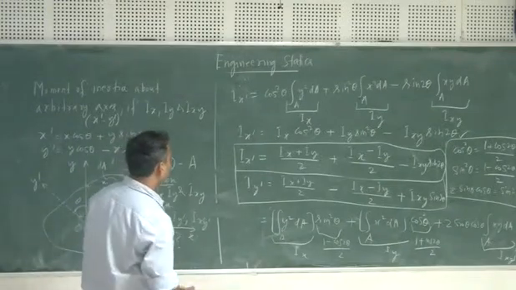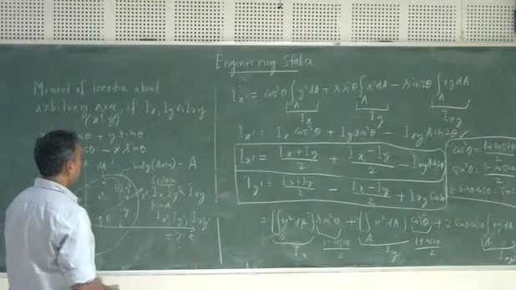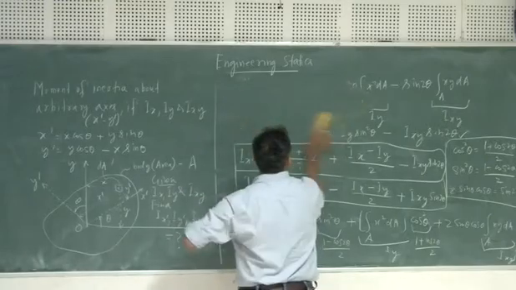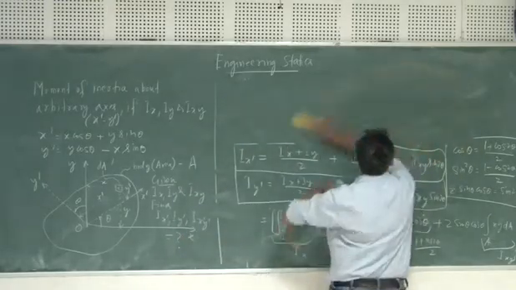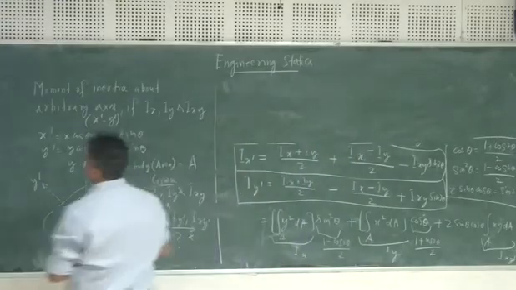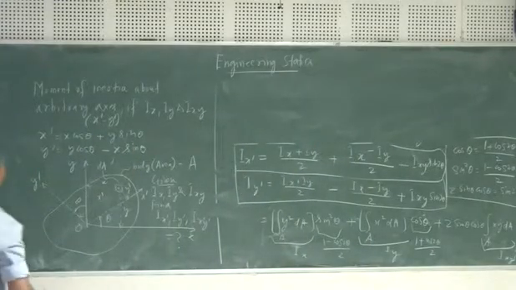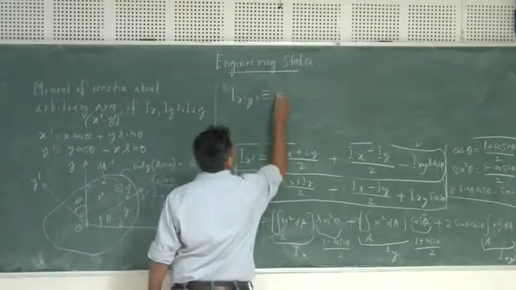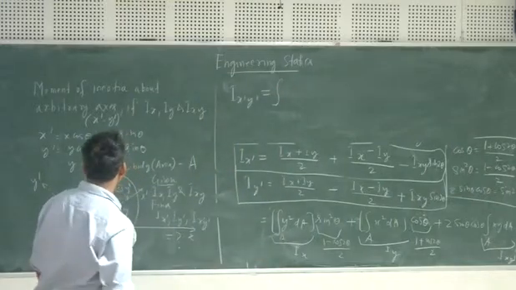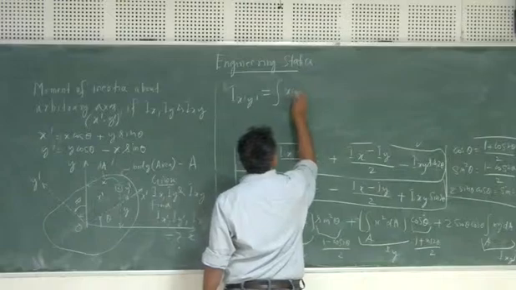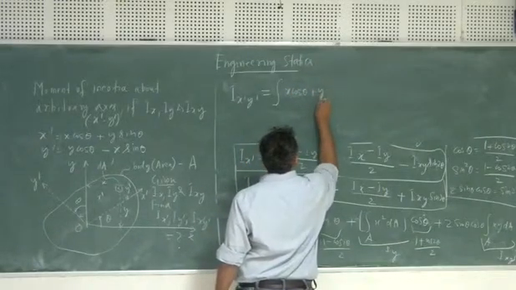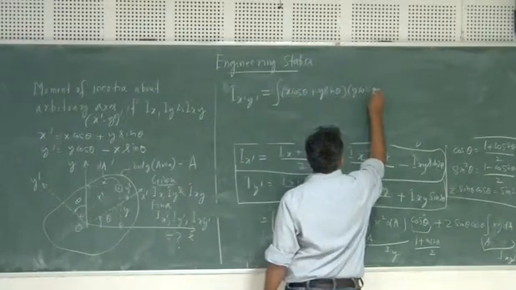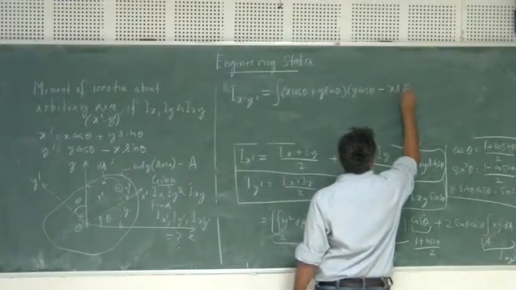Now what is left out? We are now having Ix dash y dash that needs to be found. So how will you do that? Again, approaching in a similar way, Ix dash y dash. So x dash is given by your x cos theta plus y cos theta minus x,